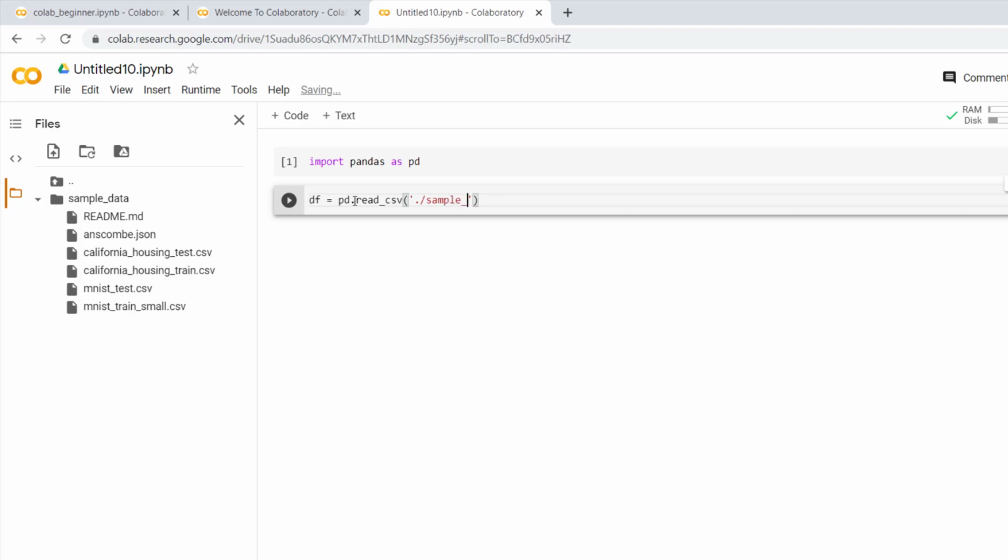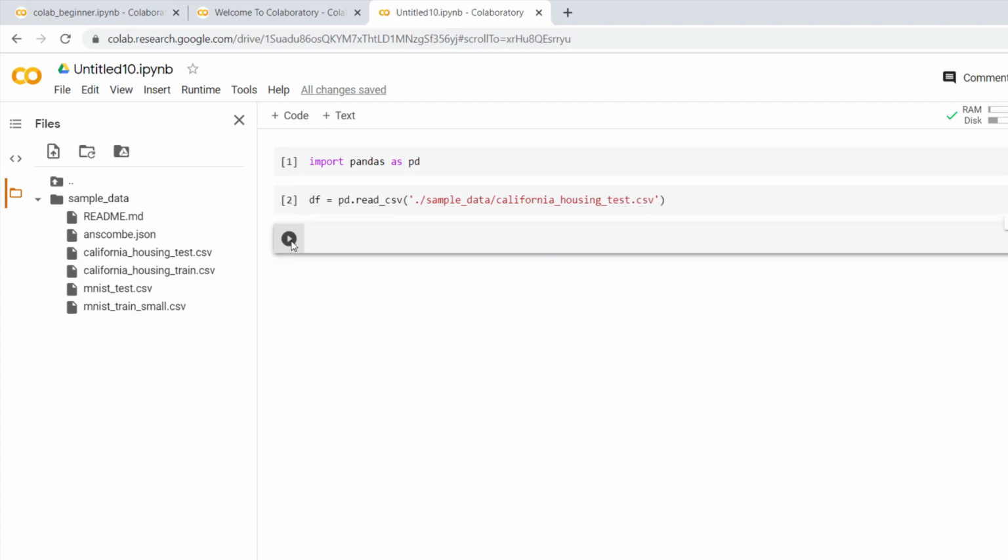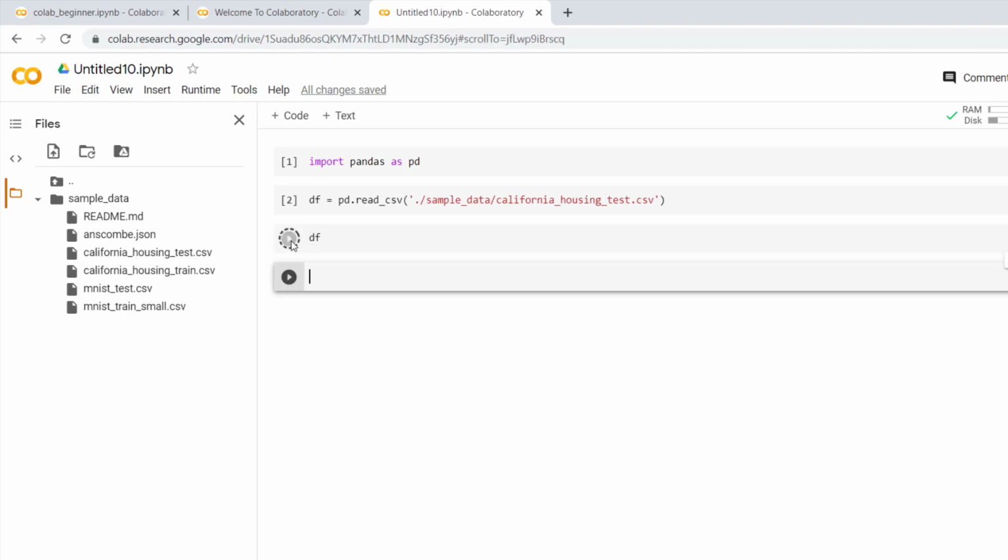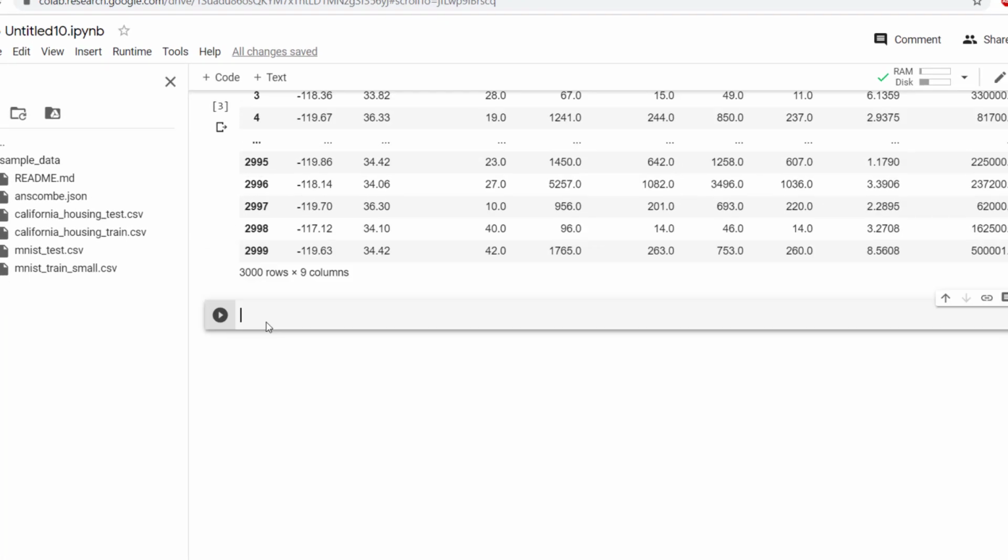So we'll go inside this folder, and then if I want to, let's say, take this file to read, it is california_housing_test.csv, and that file will be loaded, and you can see that this is a data frame.